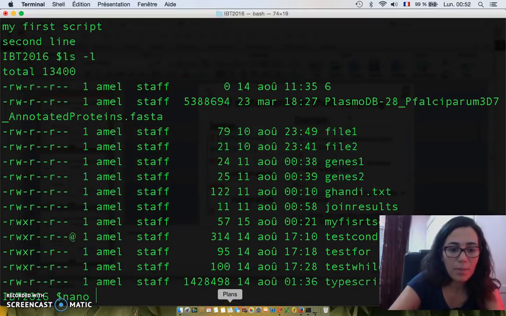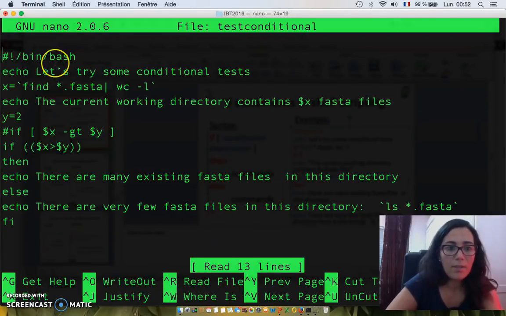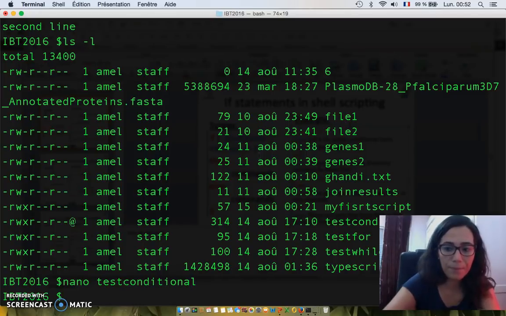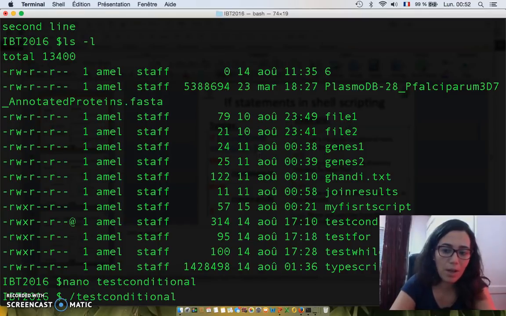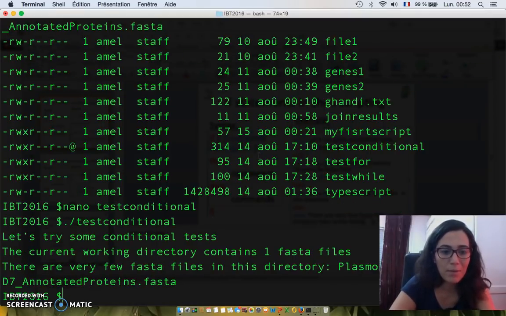Alright, so let's display the content of my test conditional, and here I basically copied the content of the example I have in the slides. So Control X to exit nano, and I'm going to type test conditional. I've already changed the permissions, so I have the right to execute. So as you can see here, it's "let's try some conditional tests", what we wrote in the very first echo,